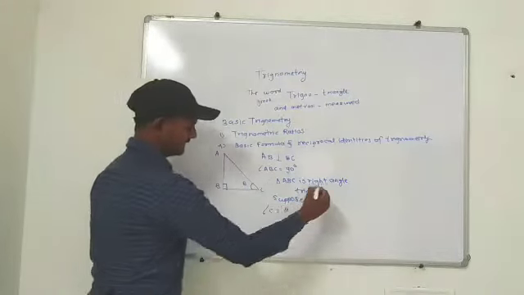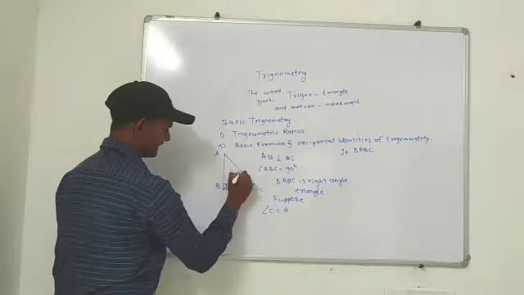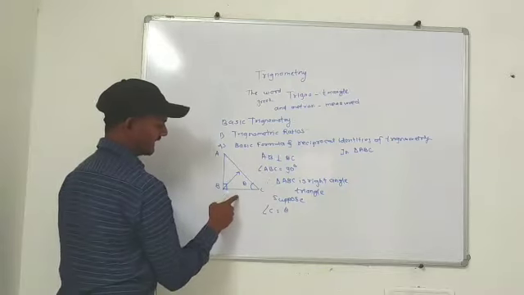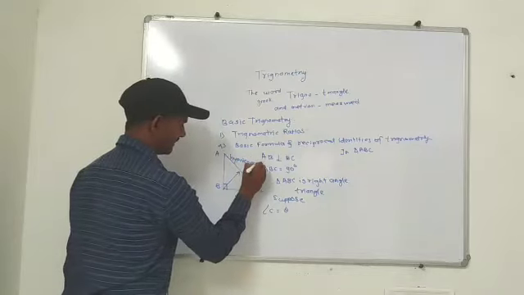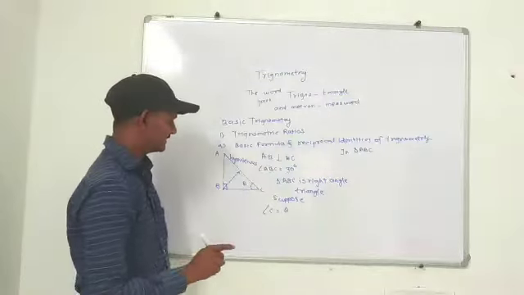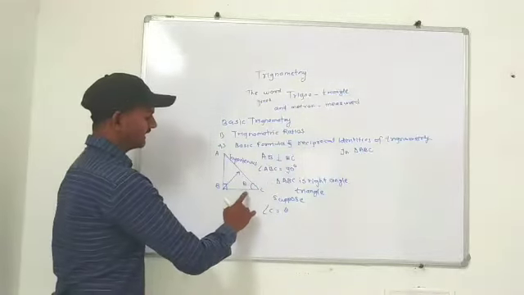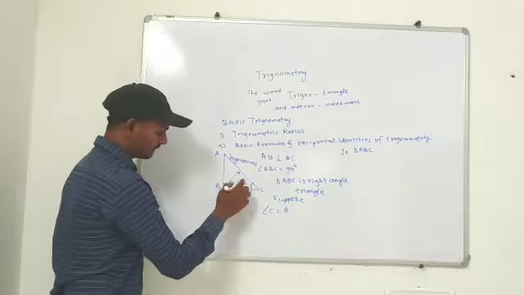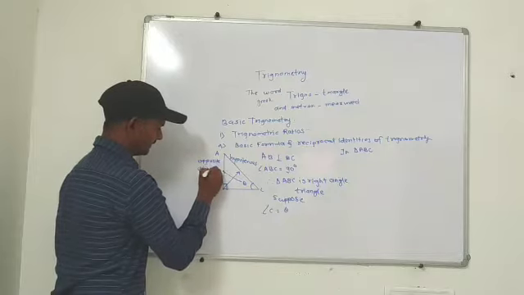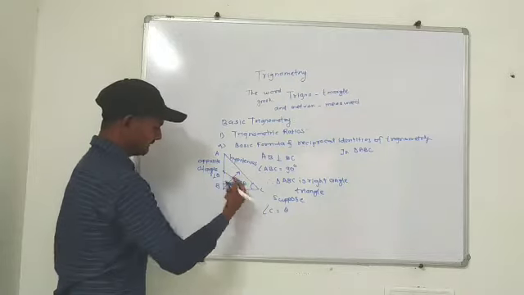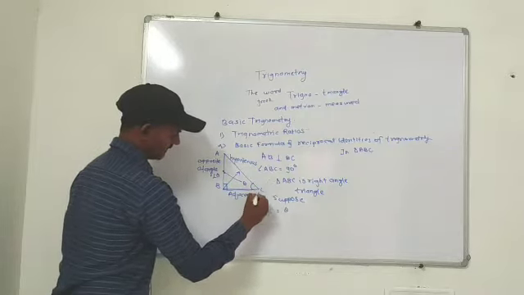In triangle ABC, the side AC is the opposite side of the 90 degree angle, that is angle ABC. Therefore, it becomes the hypotenuse. Note that the side opposite the 90 degree angle is the hypotenuse, which is the largest side of the triangle, that is AC. Then we consider angle theta. Angle C is theta, therefore the opposite side is AB. AB is the opposite side of angle theta, and the remaining side is the adjacent side of angle theta.